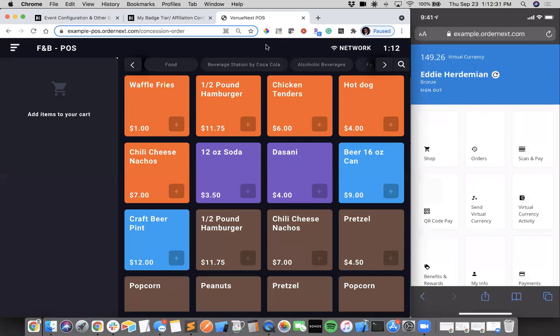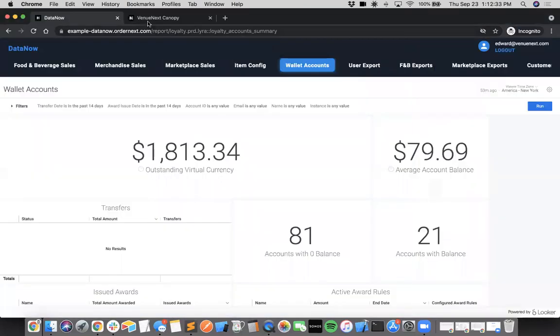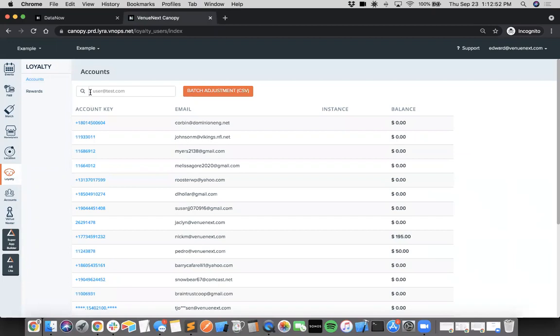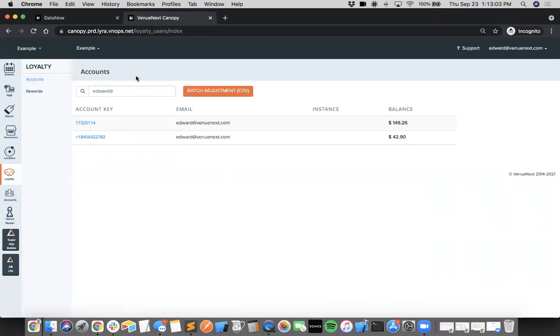I'm now going to switch over to Canopy to show you what some of this experience looks like in Canopy. So this is our example org for what I was just testing on. There is a loyalty section. It is not necessarily enabled for everyone, but it is if you are leveraging our loyalty virtual currency product. The accounts list out all of the accounts that have signed in, and you can see their balance, and you can search by email address. So here, this is the one that I was testing with, using the account key I had signed in with